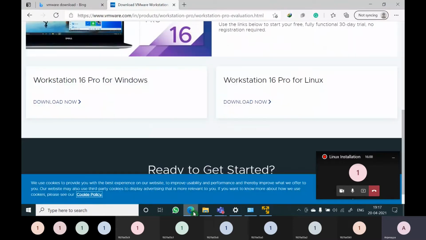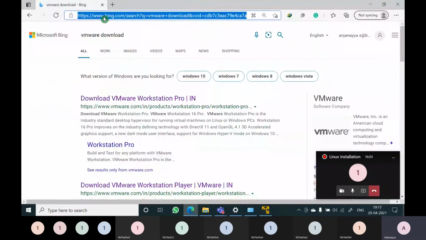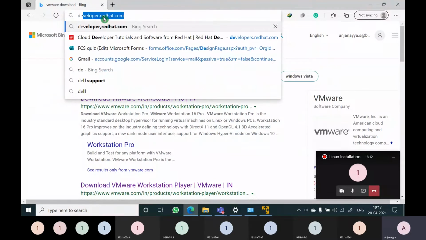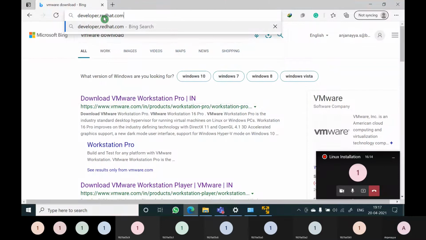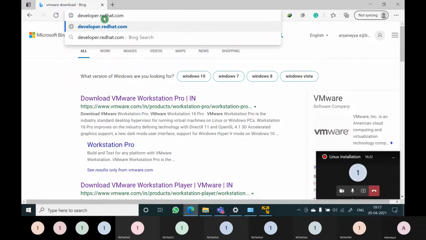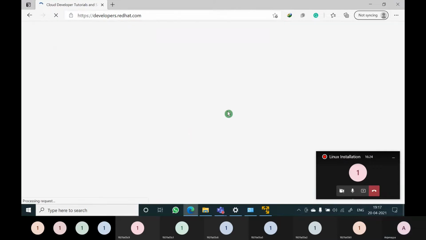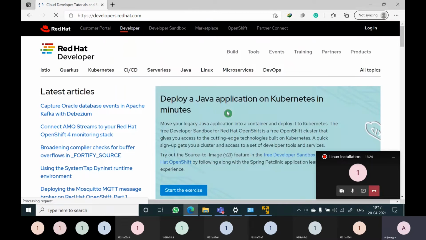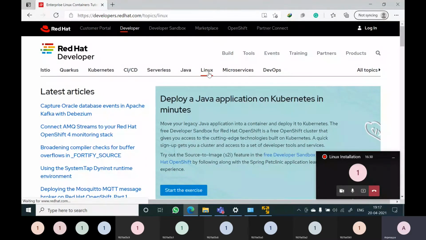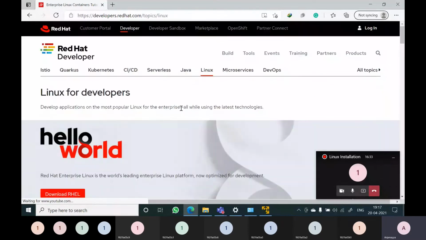Now I will show where we need to download the Red Hat Linux operating system.